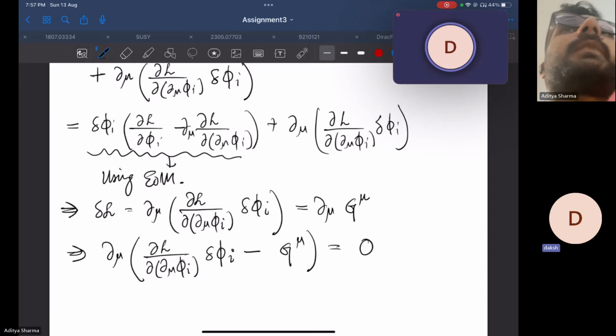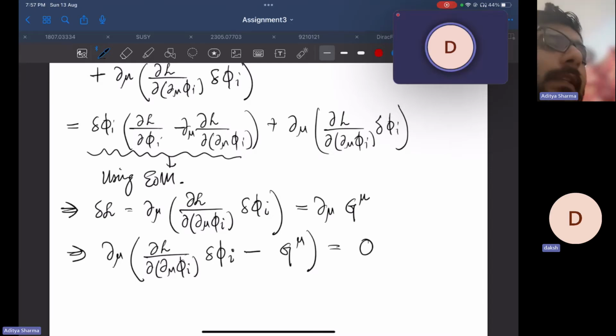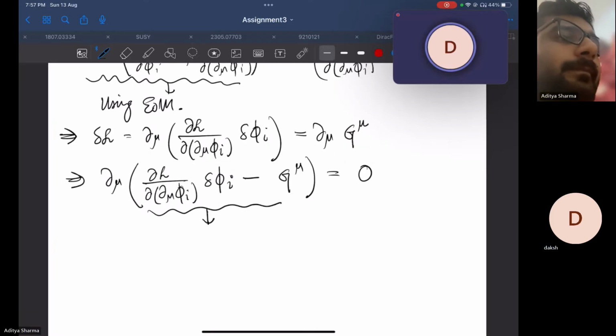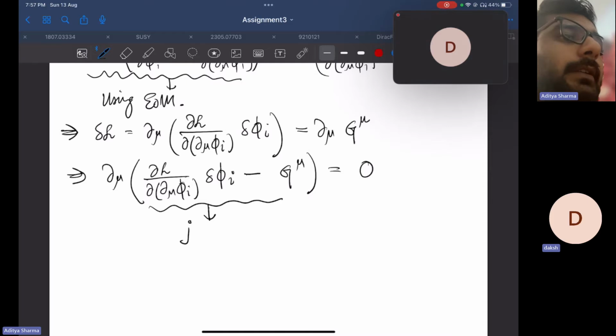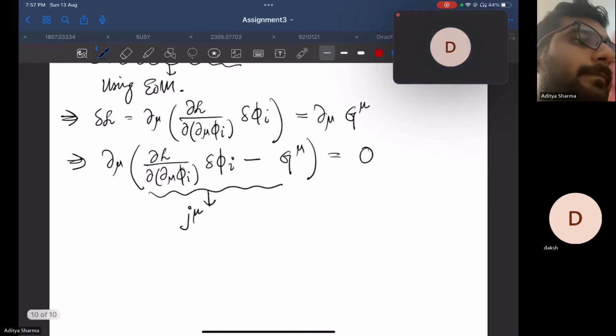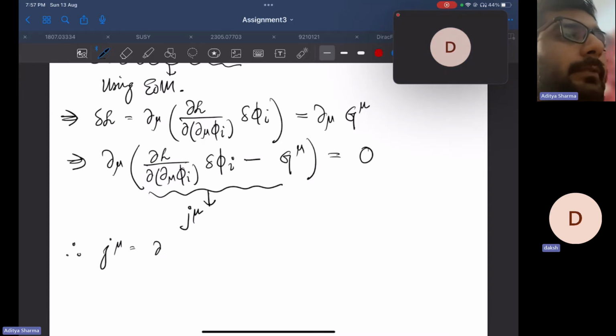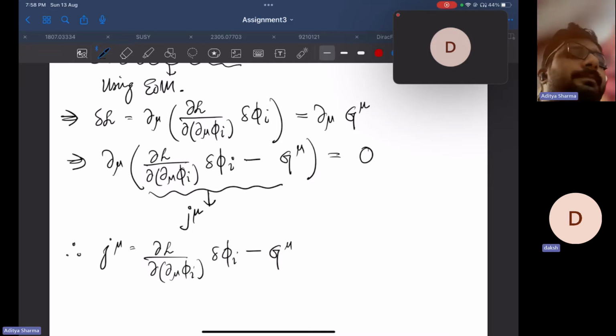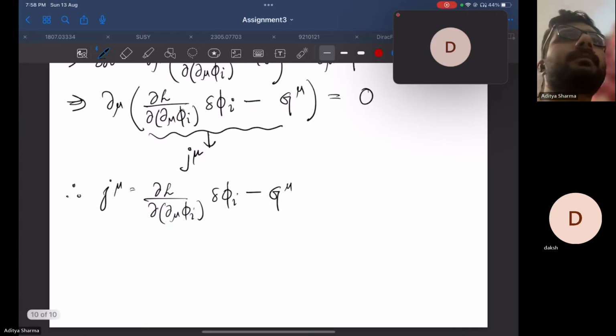Okay. This is my conserved quantity, which I'll tell as current. Therefore, G mu is equal to